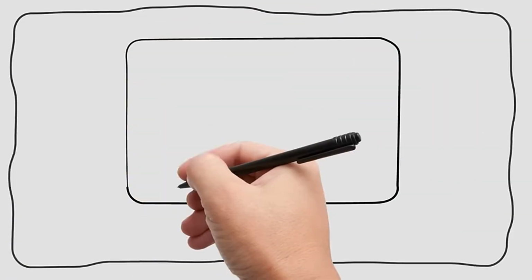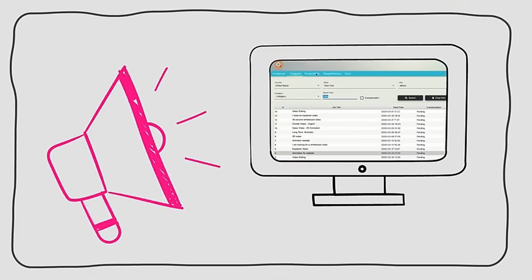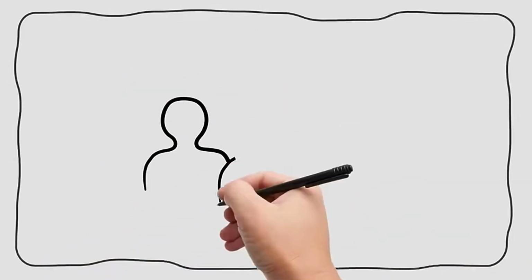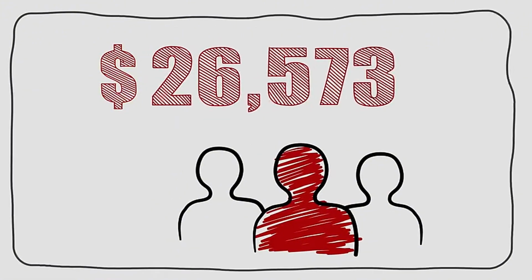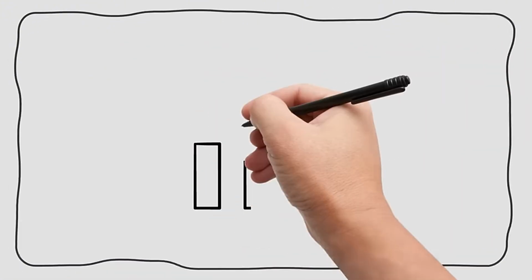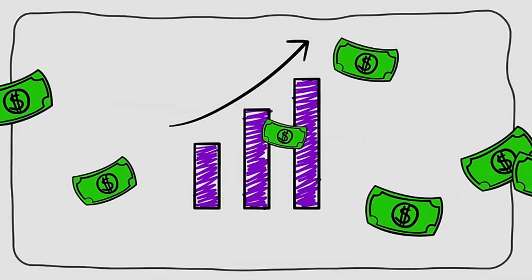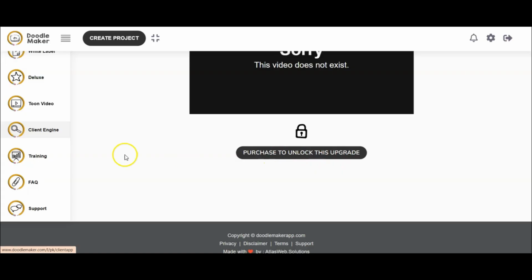You don't even need a services website, portfolio, or advertising budget, because Client Engine is your direct source of non-stop customers. Top earning freelancers consistently clear 5 figures or more in monthly income, because once you have the clients, it's easy to multiply your profits by selling them more of your services. The Client Engine software automates the customer getting